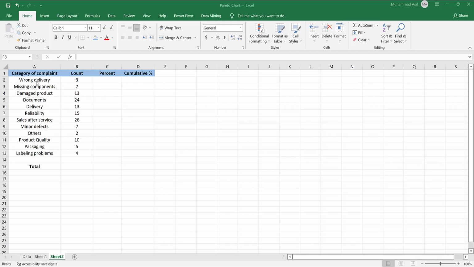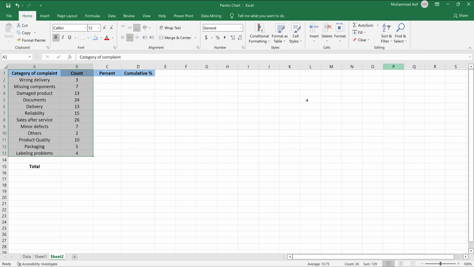So for example, those problems that occur most frequently, we want to address them first, and those problems that occur very rarely, we want to put them on the back burner. The starting point here is that, for example, this is our data, and it has these problems, and this is count or frequency. The first step is that we will sort them,